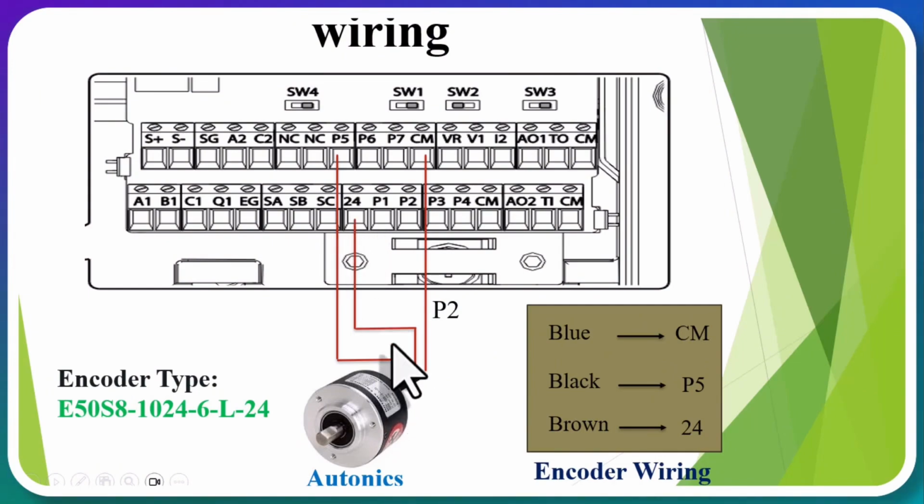So, our encoder has 3 wires for phase A. We connect its ground, the blue wire, to the CM terminal, the phase A pulse, the black wire, to terminal P5, which is defined as the pulse input, and the encoder's power supply, the brown wire, to the inverter's 24-volt terminal. The encoder we're using here is mounted on the shaft of an electromotor, and it's an Autonics brand encoder with the code